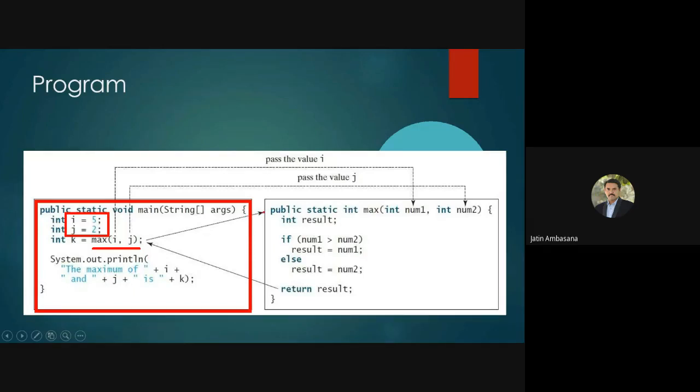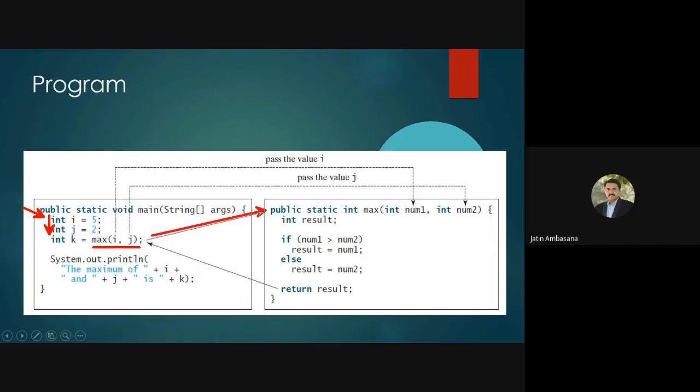So what happens is, when the control comes into this main method, it first declares these 2 and assigns them the values. Then before declaring this k and before assigning it a value, it calls this method. The control goes to this method, executes it, and then returns the result over here. So what does it execute?